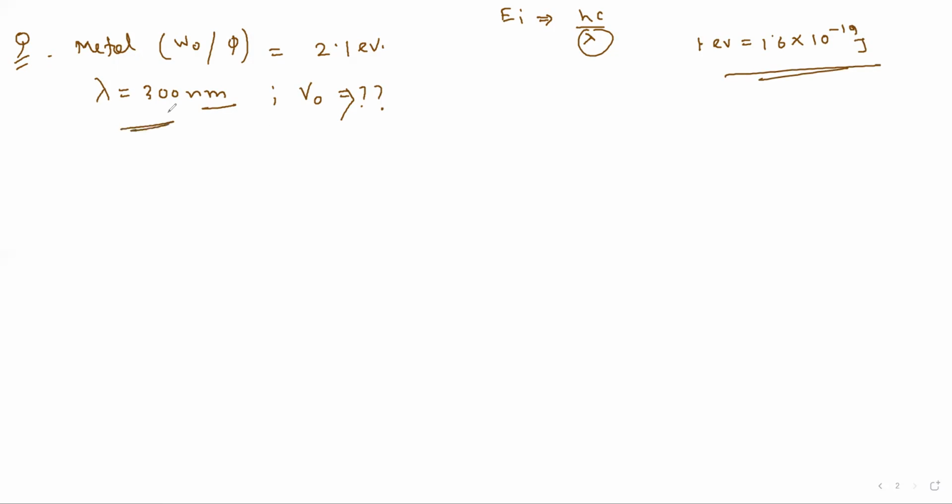In this case, if you apply this formula, look, lambda is given. You have to find out the E I value. How can you find it out? h c by lambda. You know the h value, the c value, and the lambda value is given to you. The energy you get is basically in joule. Then you have to convert the joule value into electron volt. Then you can apply this formula. Solve it quickly. Okay, I'll give you 5 minutes for that.